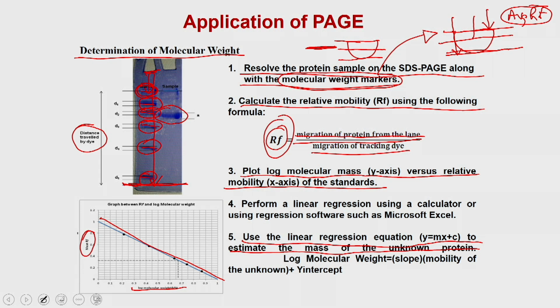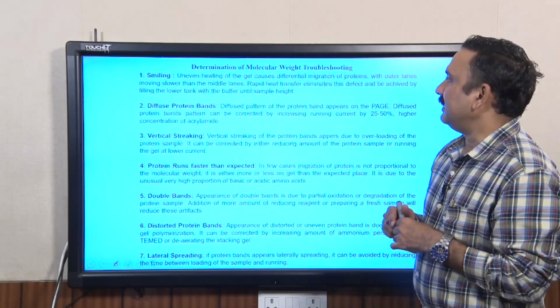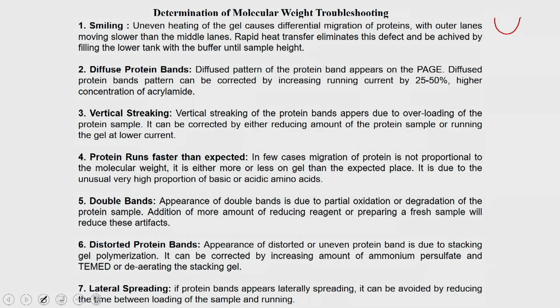So, you know the RF value of your own protein, and you can use that to calculate the molecular weight of the protein for which you would like to calculate it. You use the RF value of your unknown sample, and you are able to calculate the molecular weight. As I said, you can have a band like this, but